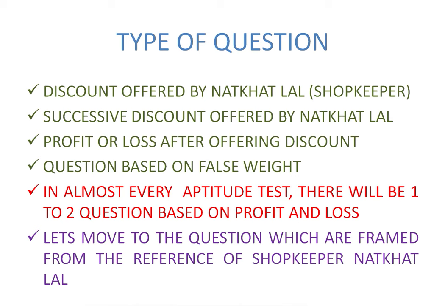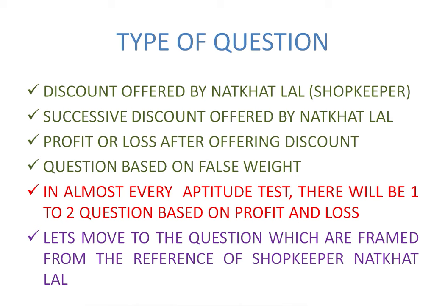Instead of the actual weight shown in the weighing machine, the shopkeeper is giving less weight in actual. So in actual, he is giving less quantity to the customer. Whatever is the difference between the quantity shown in the weighing machine and what is actually handed over by the shopkeeper to the customer,